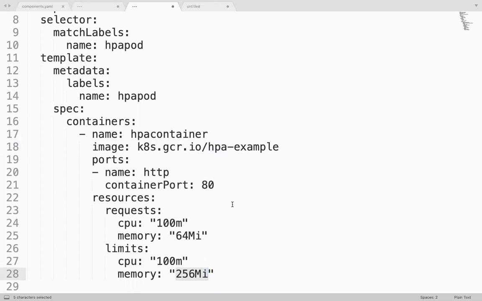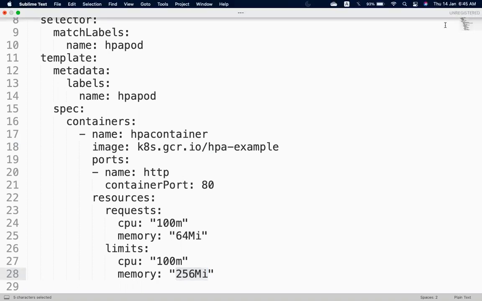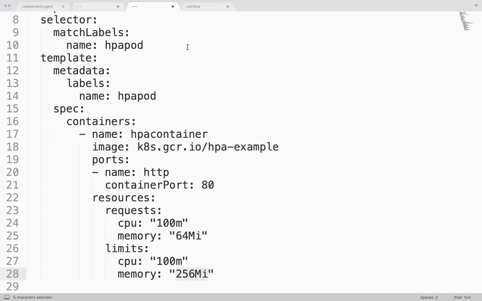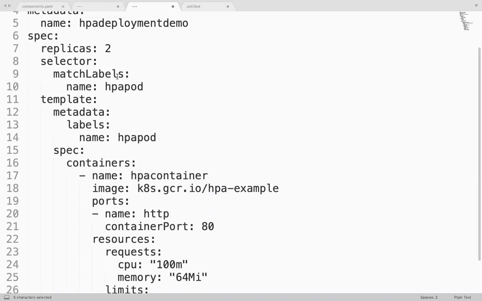I have not deployed HPA for this deployment. Will it scale up or scale down automatically if I don't deploy HPA? It won't, right? What will happen in that case? Always there will be 2 replicas.